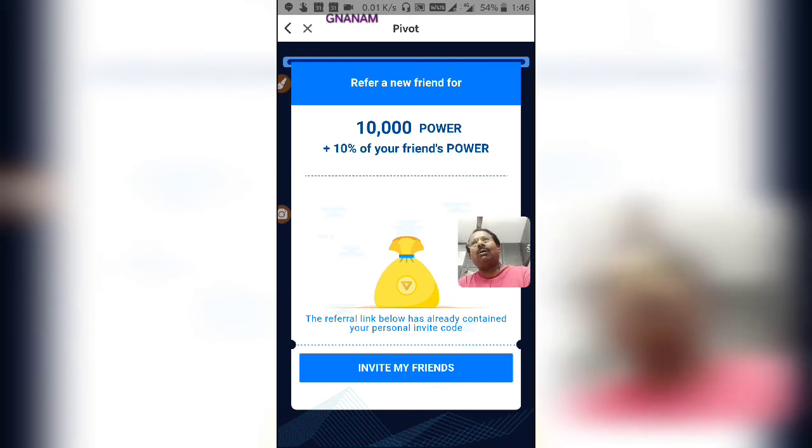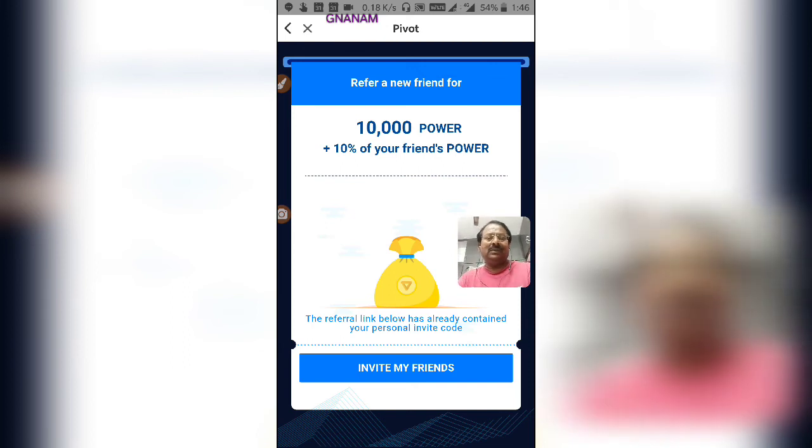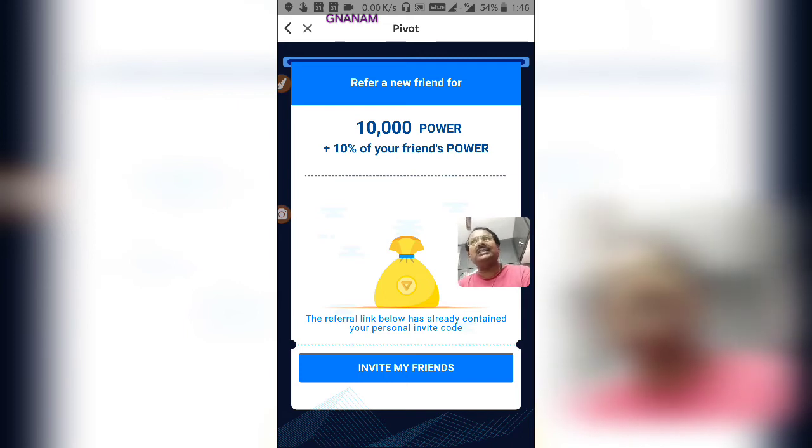So after hearing all my explanations, you may get a number of doubts. I accept that. I also got the same. Instead of researching how many days this will last, whether it will be there or not, there will be a lot of doubts, but this is so far proving to be a genuine app which is giving Bitcoins and dollars to the people who have already registered.